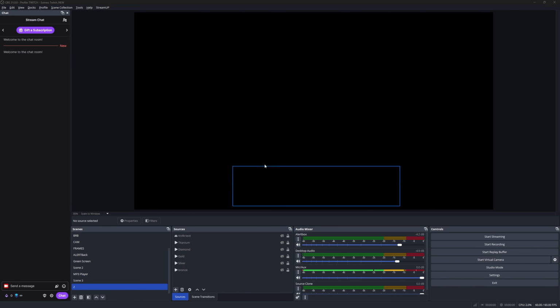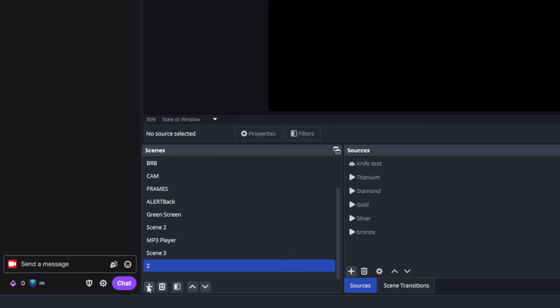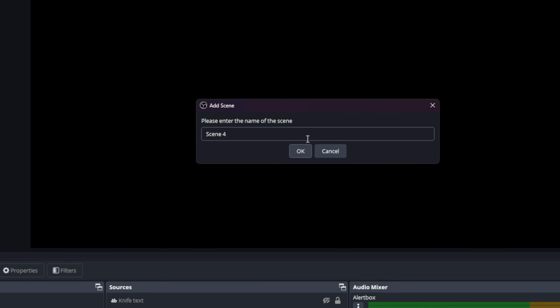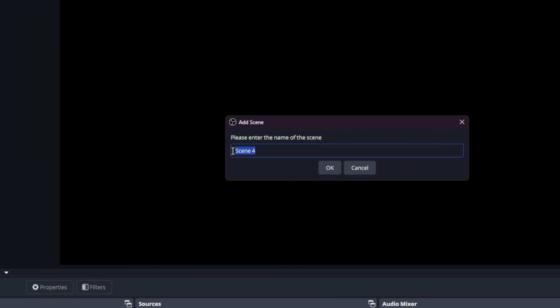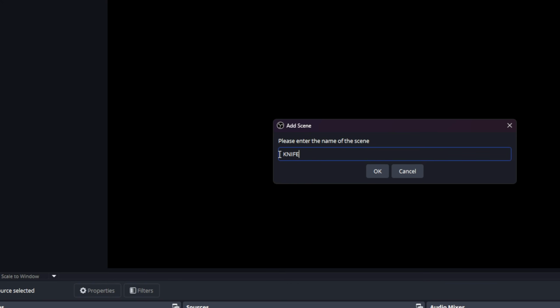We're gonna start with the OBS portion. So in OBS, what I want you to do is create a brand new scene. You can do that by going right here, clicking on the plus, and I want you to name it knife, full caps. Now, this is important that you have the same name because the action in Streamer.bot needs to match